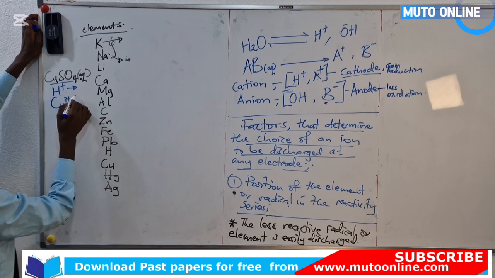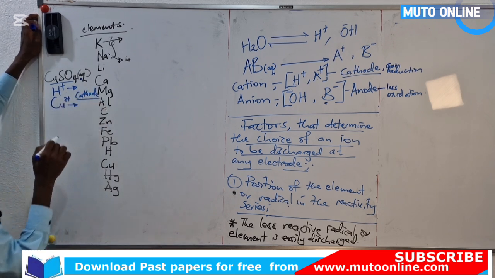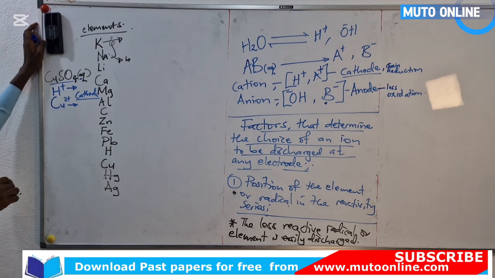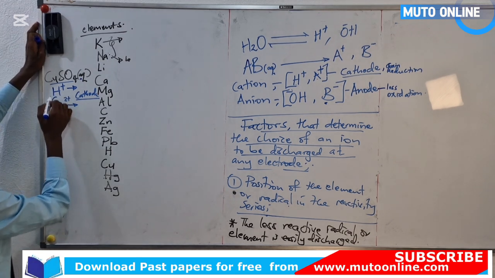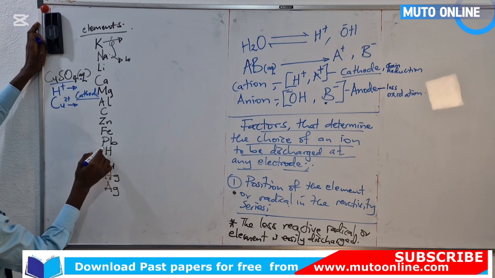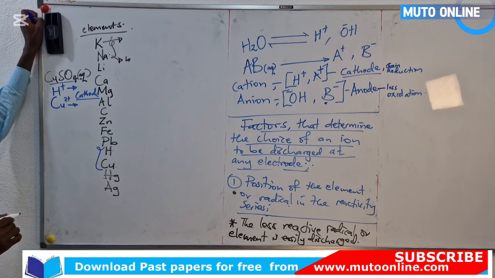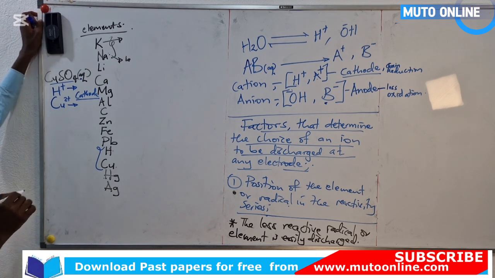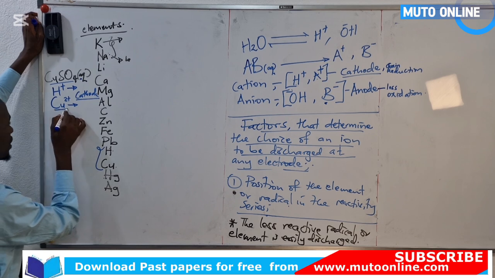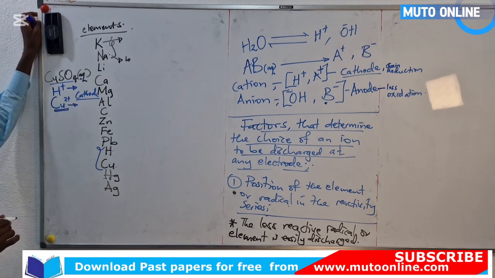They have migrated to the cathode. We want to know which of them will be discharged. And remember, we said the discharge of these cations is gain of electrons. When we look at the reactivity series, hydrogen is above copper in the reactivity series. So this means the copper will be discharged in preference of hydrogen,